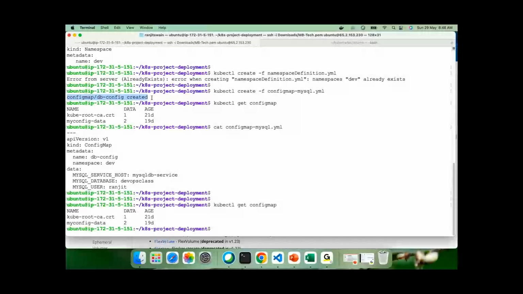Okay, it's because we created this under the dev namespace. By default, if you don't specify any namespace name here, it will get the default namespace. Under the default namespace, this is not available. Now, if I use the same command and specify --namespace=dev,